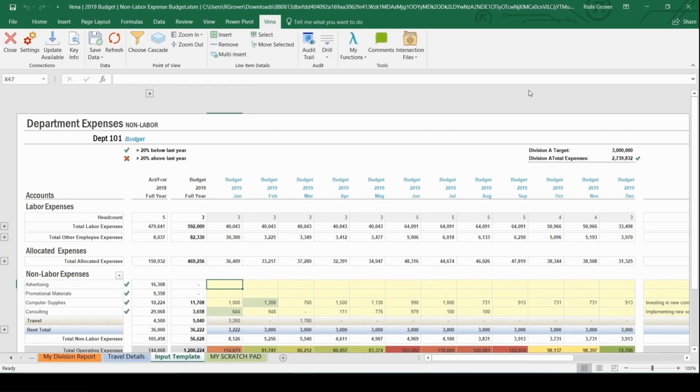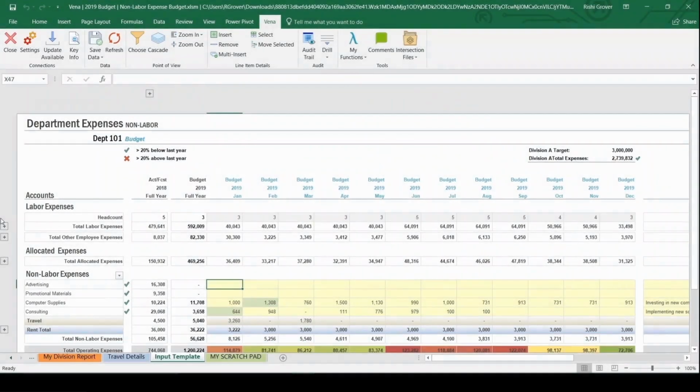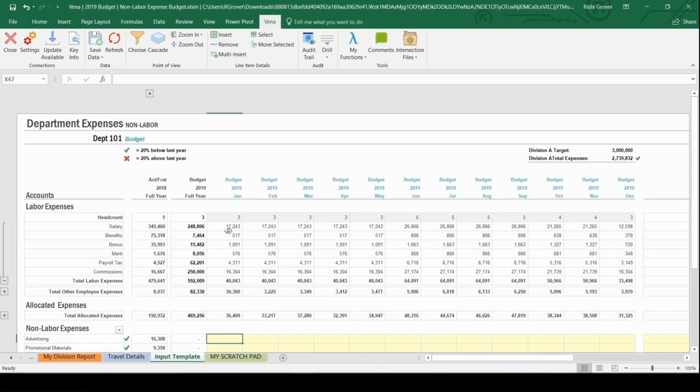It's easy to start imagining your Excel templates within this application. This is an example of one of our best practice templates that comes with the application. But keep in mind that these steps can be performed with any Excel file that you use with Vena. In this example, I'm being asked to enter in my non-labor expenses by month for my budget year. It's also referencing some other data. There's some HR information where someone else is responsible for inputting this data on a separate template. I can view the numbers, but I can't make any changes because I don't have the security to do so